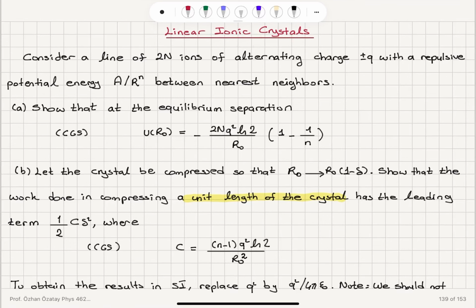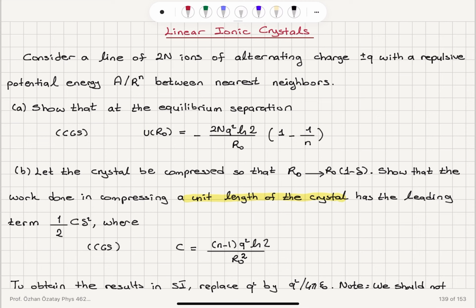Linear ionic crystals. Consider a line of 2N ions of alternating charge plus or minus Q with a repulsive potential energy A divided by R to the power n between nearest neighbors. Part A, show that at the equilibrium separation in CGS units, the potential energy evaluated at the equilibrium separation R0